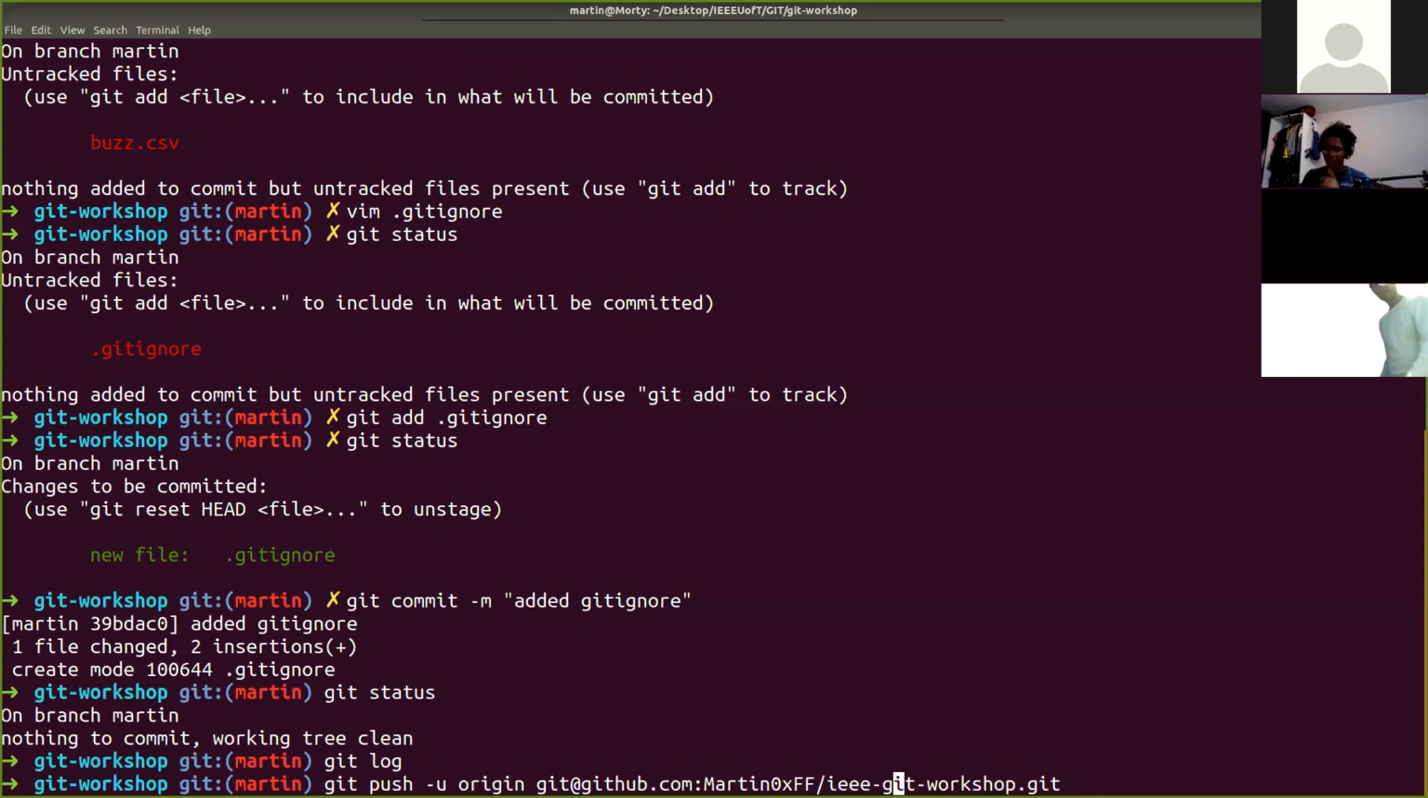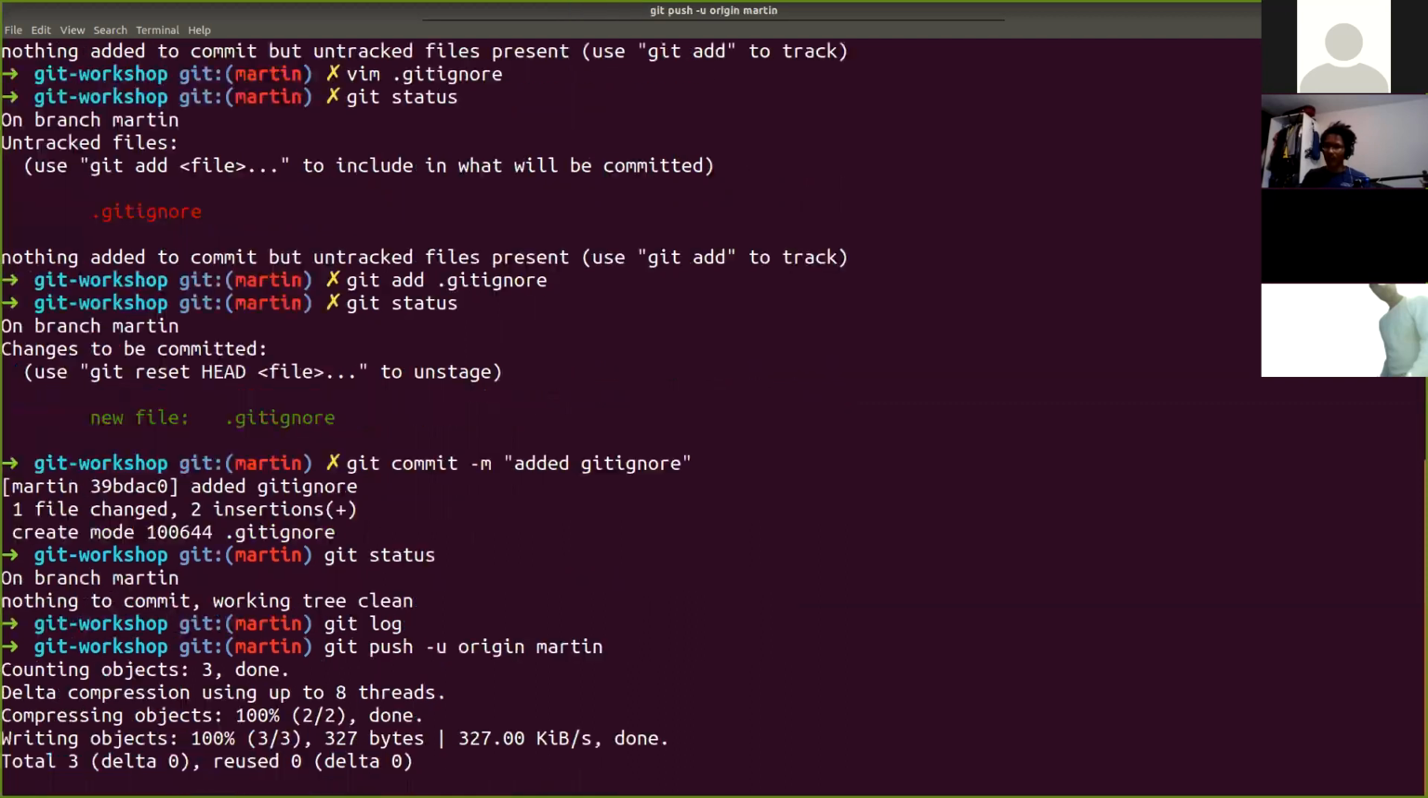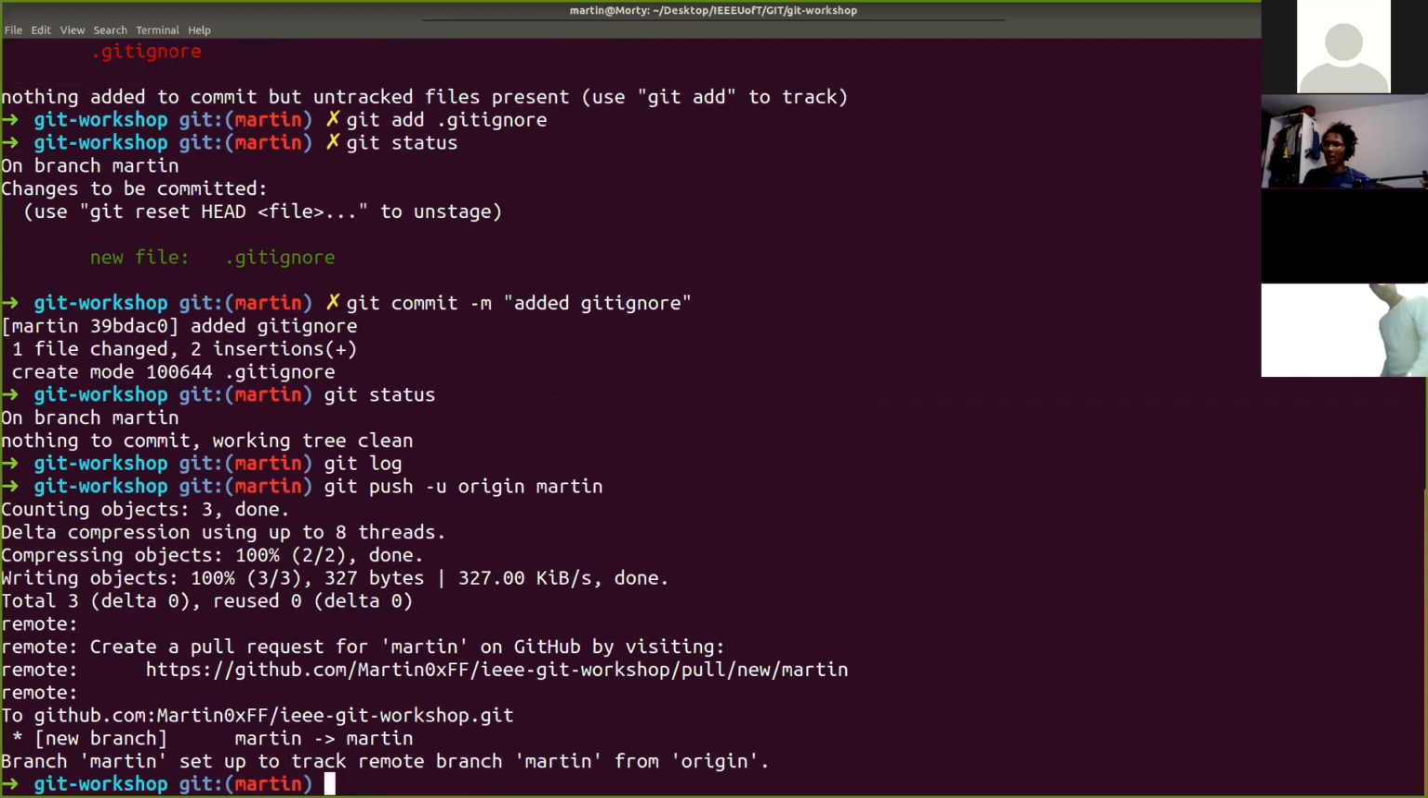Or no, sorry, it's not the repository name that we need. It's the branch name. My apologies, everybody, because origin already specifies the repository. So we just specify this is Martin's branch, right? So we do git push -u origin Martin. The U stands for upstream. We do that. Now it starts writing it up to GitHub, and it created a new branch from origin called